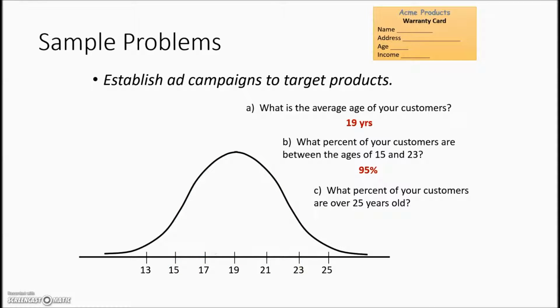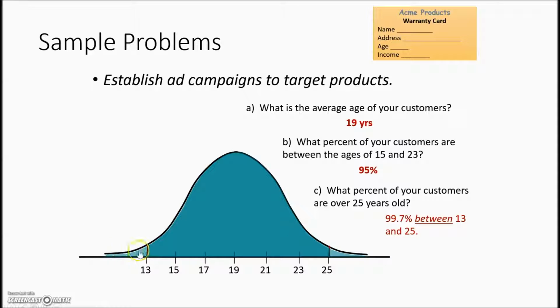The next question asks what percent of your customers are over 25 years. So we'll look to see where 25 is. 25, as it turns out, is 3 standard deviations above the mean, and they're asking us what percent is over this. So we're trying to determine what this region is here, over 25 years. To answer that, we know that 25 is 3 above. If we take 3 above and use symmetry, 3 below, the relationship for 3 standard deviations plus and minus the mean is